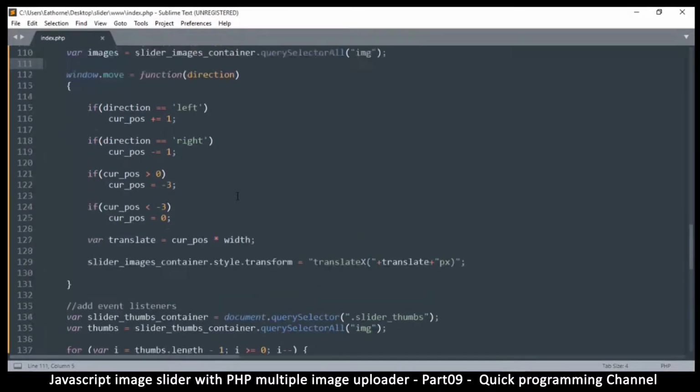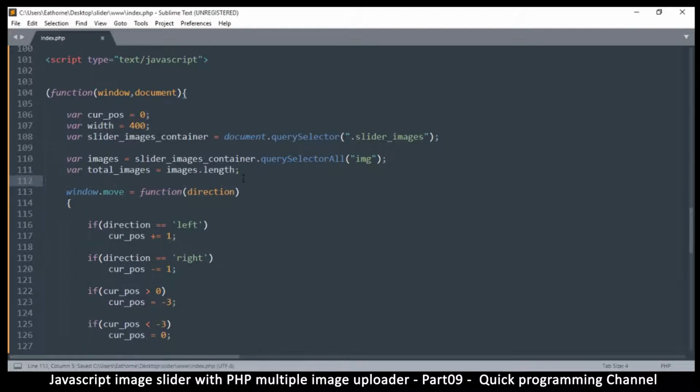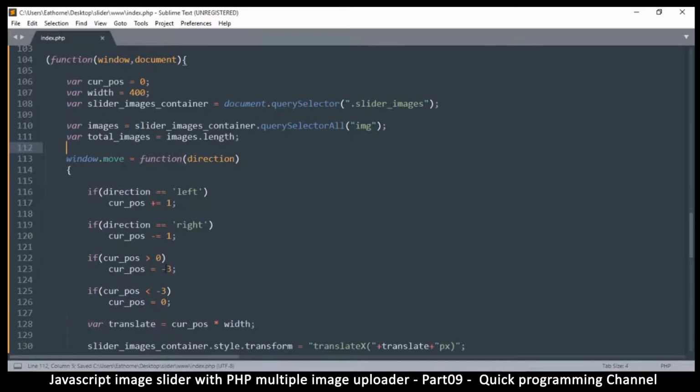Once I do that, now I can create a variable called total images, var total images is equal to images.length. But because the length is actually 4, it's just that here we are using 3 because the array starts at 0, but the length is 4, so we don't need 4, we need 3 here. So I will do a -1,